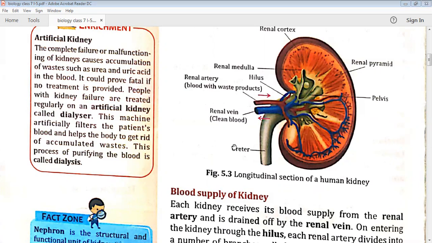Here each arteriole is subdivided into fine branches. Then this arteriole will enter the renal cortex. As you can see the renal cortex in the figure, the branch of arteriole which enters the Bowman's capsule is called the afferent arteriole. So there is one branch of arteriole which is entering the Bowman's capsule, that is known by the name afferent arteriole. The afferent arteriole will break up into a network of thin capillaries forming a knot called the glomerulus. As we have studied, there are various blood capillaries in the Bowman's capsule, which is known by the name glomerulus.